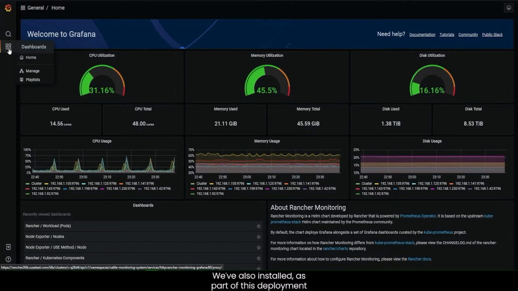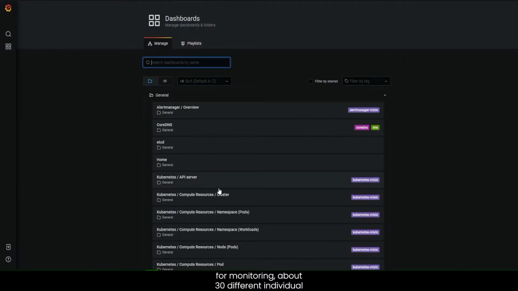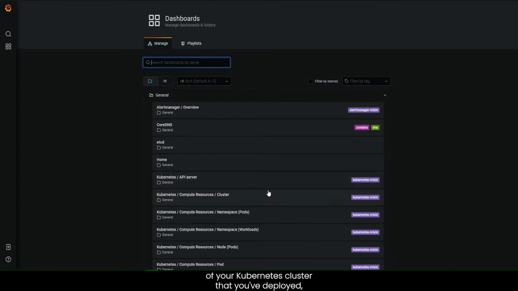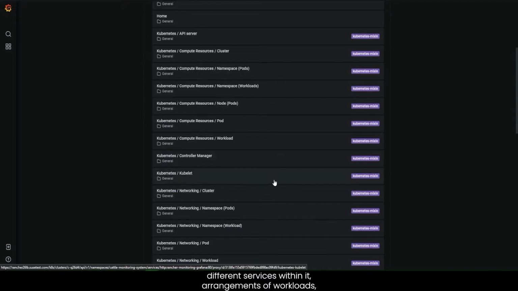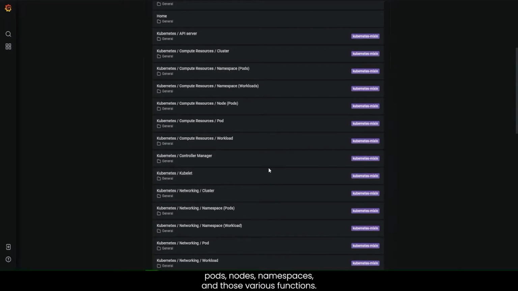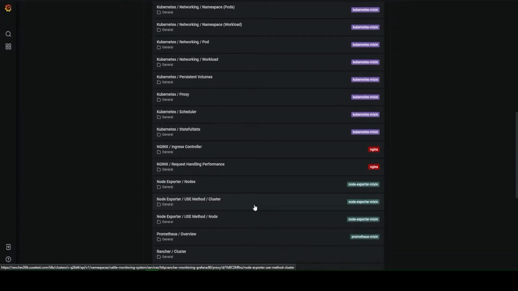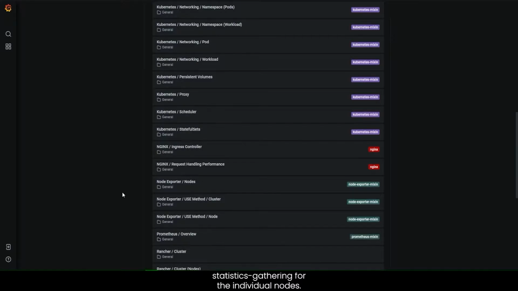We've also installed, as part of this deployment for monitoring, about 30 different individual Grafana dashboards that give you a visualization and metrics on different components of your Kubernetes cluster that you've deployed, different services within it, arrangements of workloads, pods, nodes, namespaces, and those various functions. Tells you some ingress, health, and well-being information, and general node exporters, Prometheus statistics gathering for the individual nodes.